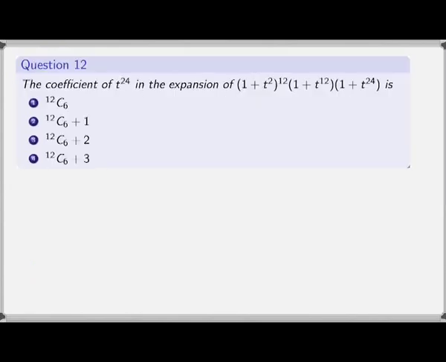In this question we are asked to find out the coefficient of t^24 in the binomial expansion of (1 + t²)^12 (1 + t^12)(1 + t^24). To solve this question, let us first write the binomial expansion of this. (1 + t²)^12 (1 + t^12)(1 + t^24) is equal to